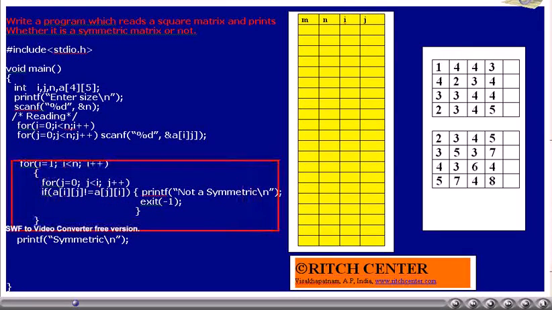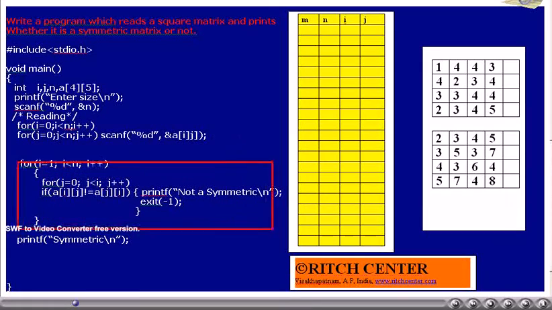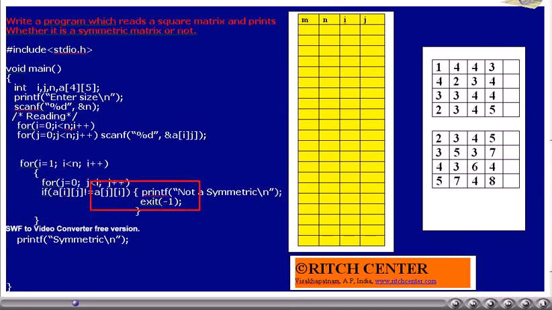If this is satisfied, we can say yes. Of course, if one pair is not matching, then I can say outrightly it is not a symmetric matrix.